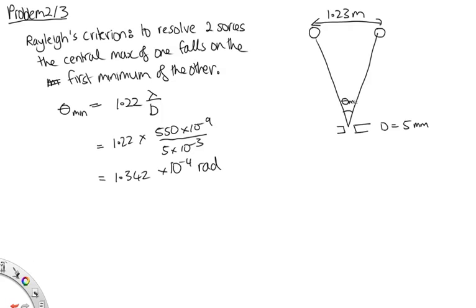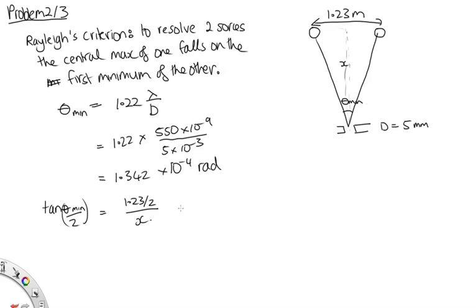This is the minimum theta here. And what we want to know is this distance, let's call it x, of the lights from the eye. So we can write from this tan of theta min on 2, considering this triangle here, is equal to the 1.23 on 2 over x,